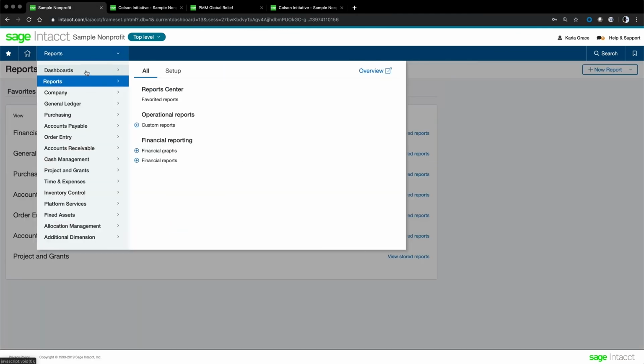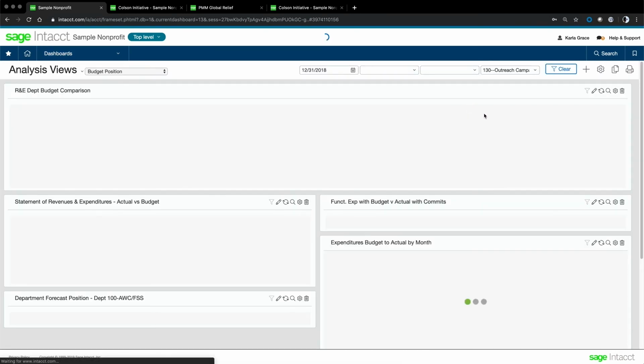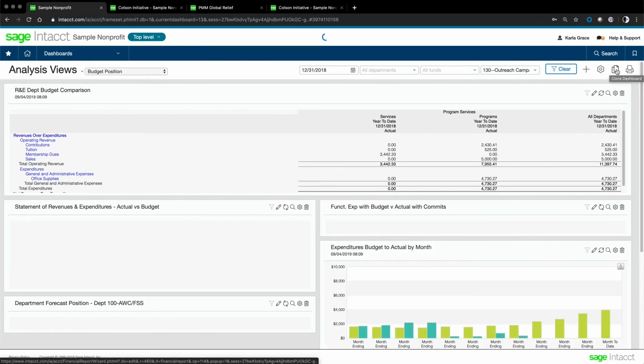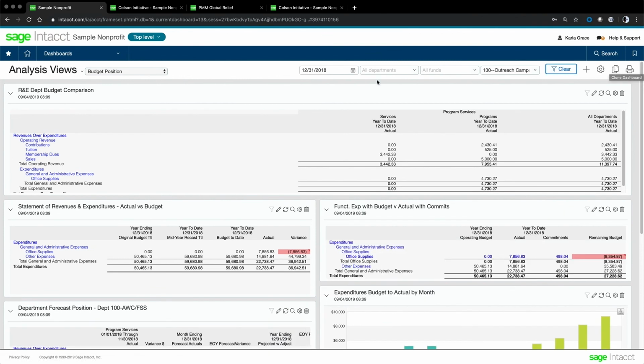Similarly, I can go to any dashboard and clone it. This can be handy when creating a number of role-based dashboards with similar components. You can also duplicate and edit records like customers or vendors, or transactions like bills and invoices. Sage Intacct is stuffed full of ways to help you reduce clicks while adapting the system to your way of